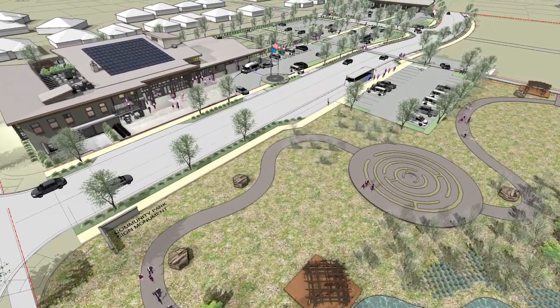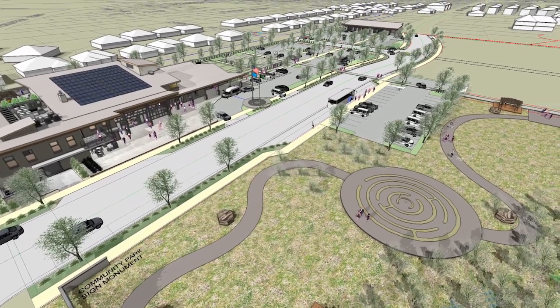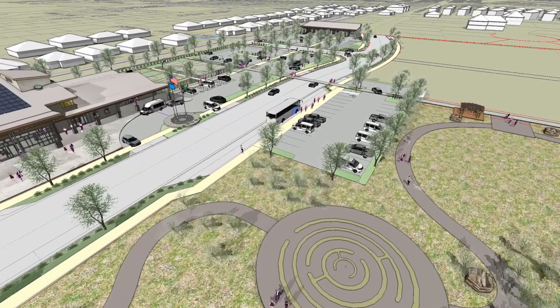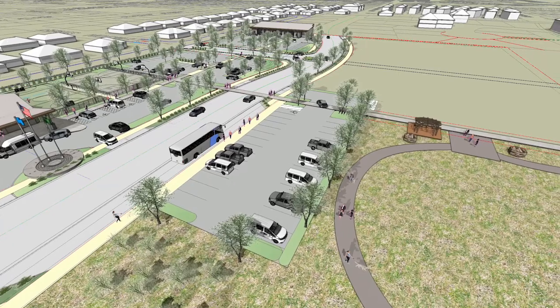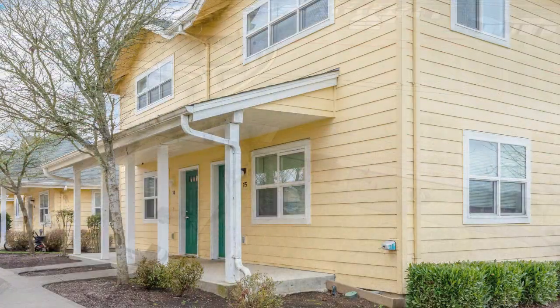All of this will be bordered by a new roadway that will be called the Ben Brown Road that makes an east-west connection through the site. As we move east, there will be a parking area near a future transit stop. Over to the right, on the eastern corner of the site, there will be 2 acres planned for building affordable